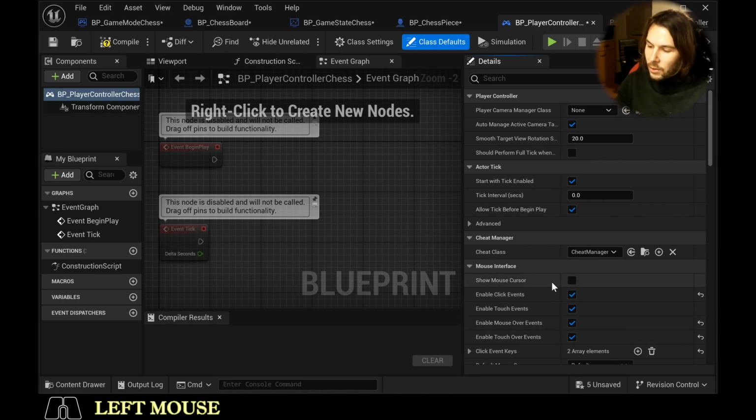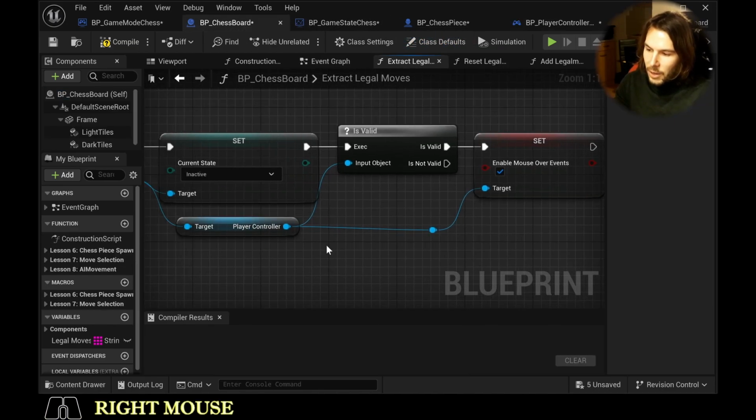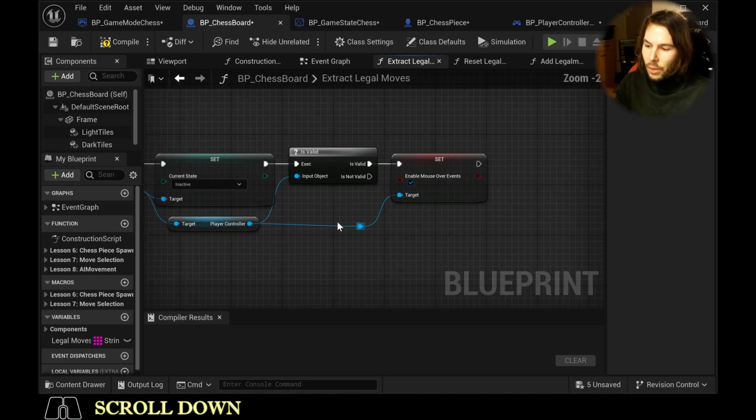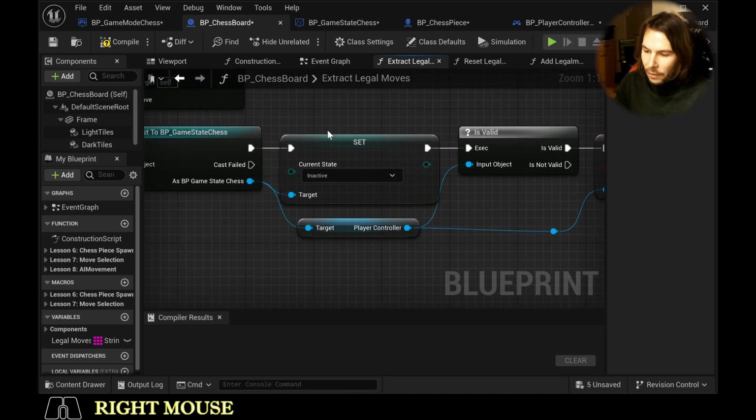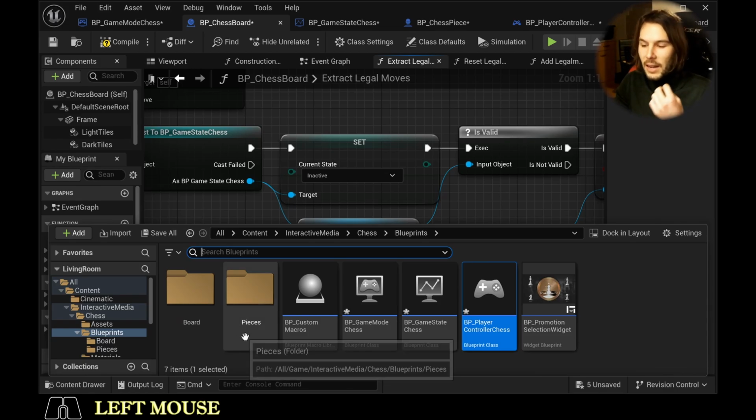If I just click onto it, you can see it will be returned to false because that's the default value. But in my case, I want to have a mouse cursor, and I also want to ensure that I have click and touch events and also mouse over events. Otherwise, you wouldn't see the print hovering over and then the name of the chess field, for example. So that's why we have to enable the mouse over events inside our player controller, so that everything works as we want. And now we also have this part here where we set our current state inside the game state chess to inactive. And that's what I mentioned as a low-key